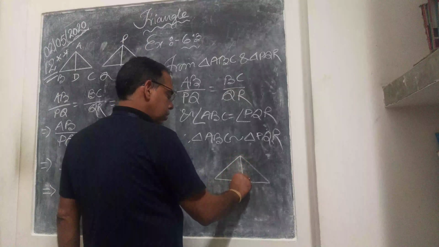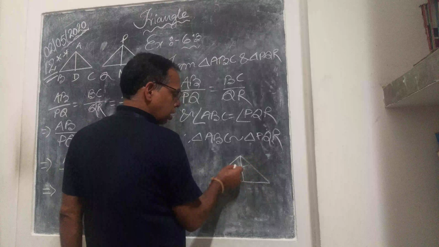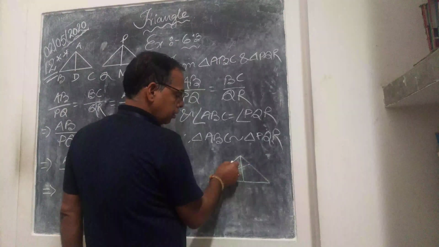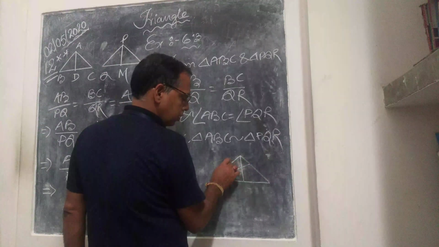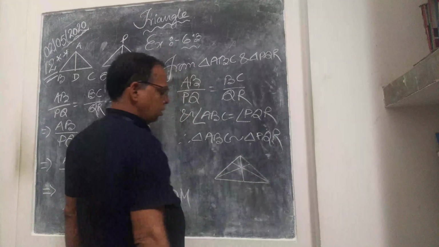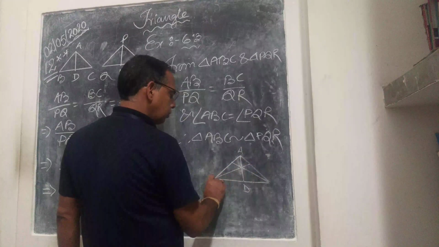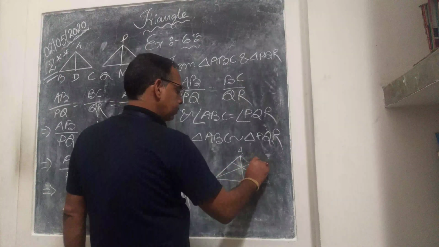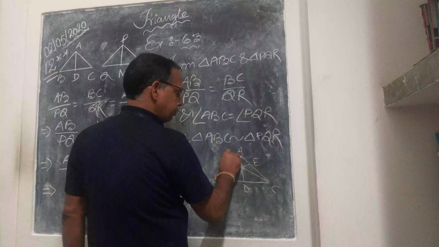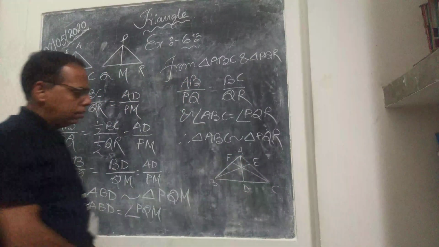This is 1, this is 2, and this is 3. So AD, BE, CF are three medians,